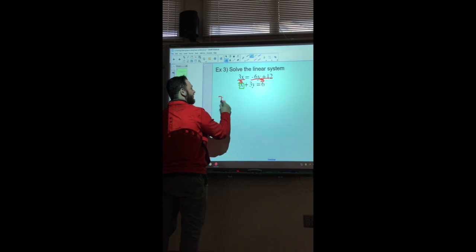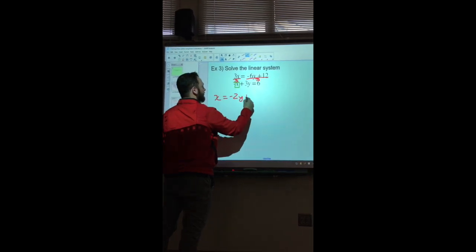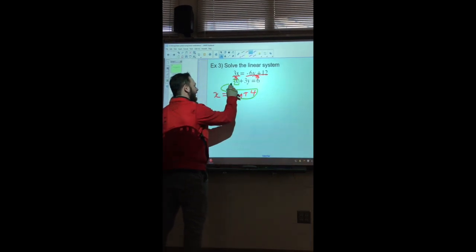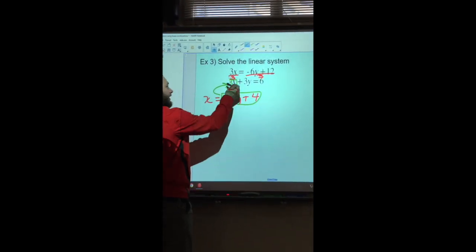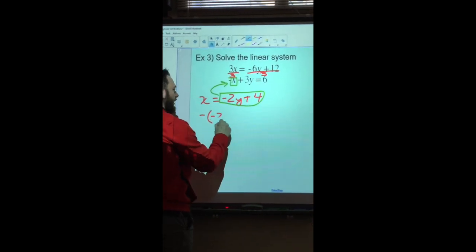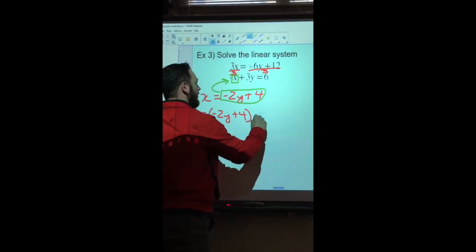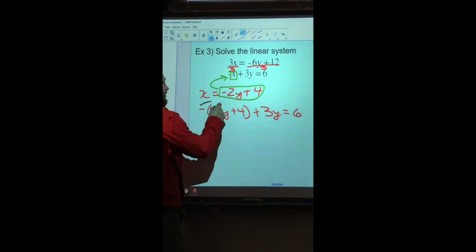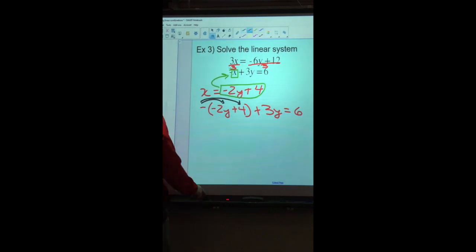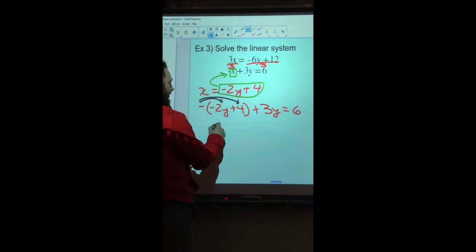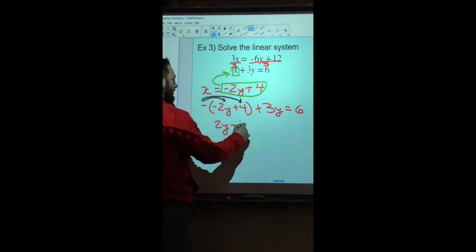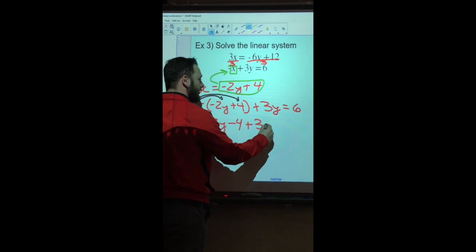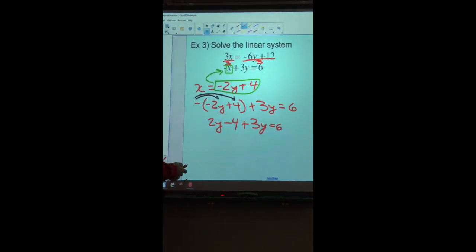So if we divide everything by 3, we get x equals negative 2y plus 4. So this is equal to x. We're going to plug this whole thing in for x, but don't forget this negative symbol. So it's going to look like this: negative, parentheses, negative 2y plus 4, plus 3y equals 6. We have to distribute this negative, it's like a negative 1. So negative 1 times negative 2y is going to be positive 2y minus 4, because negative 1 times 4 is negative 4. Plus 3y equals 6. Now, all we have to do is